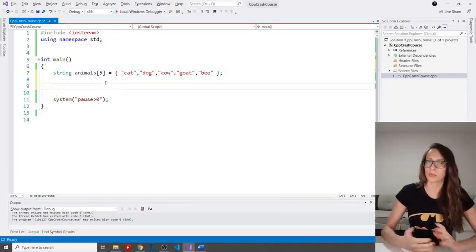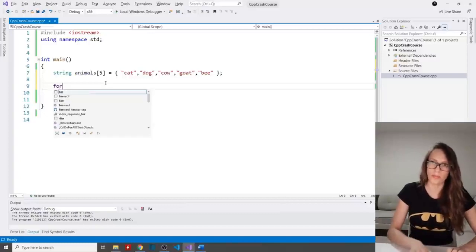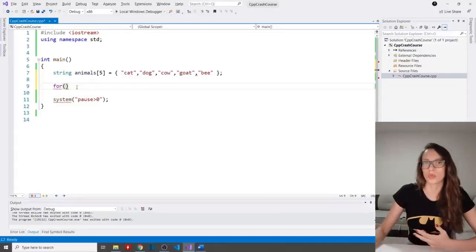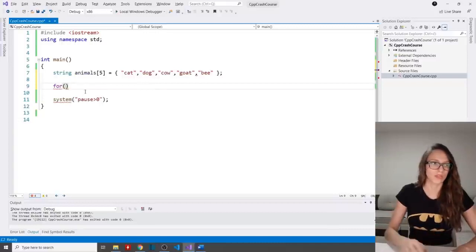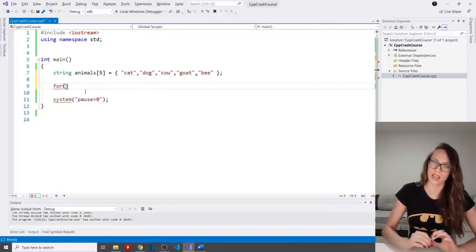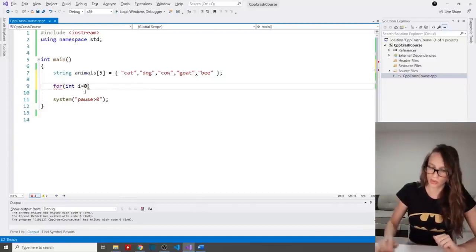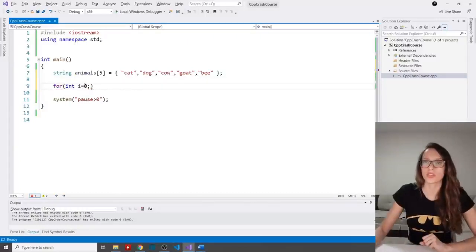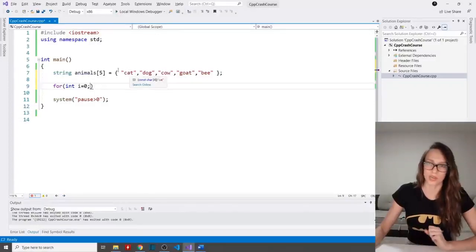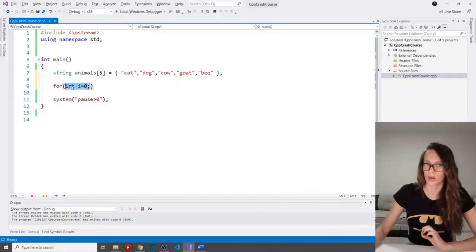So for that I will be using a for loop. You say for, and then there are 3 things that you will have to give to your for loop. The first one is to initialize a counter that you will use. So I'm going to say int i is equal to 0, and I want to start with 0 because indexing of our array starts with 0. So the first element that we would like to access is going to be the one on the 0th position. So the first thing that we give to our for loop is the initial value of our counter.